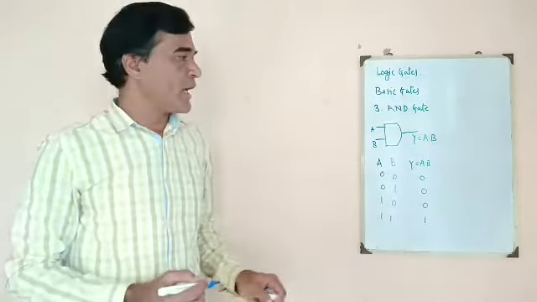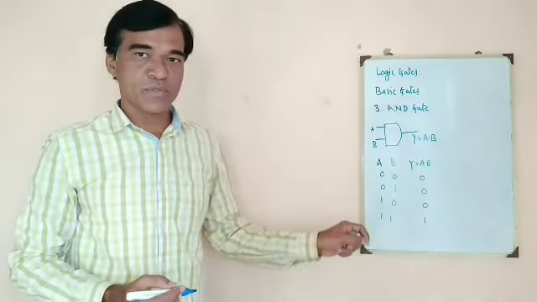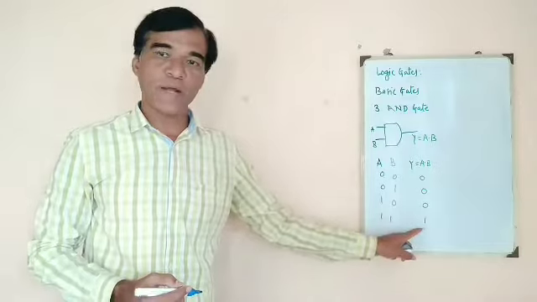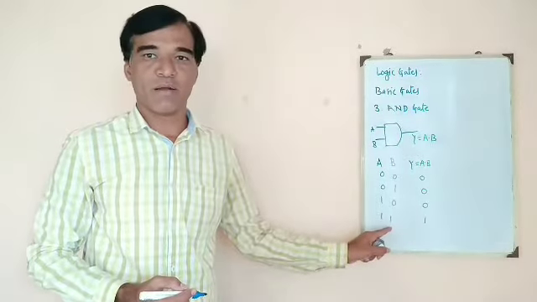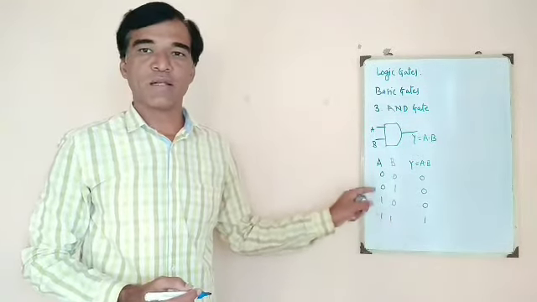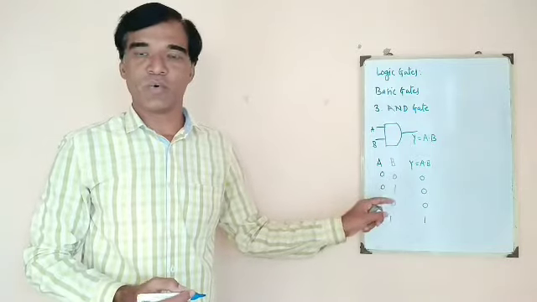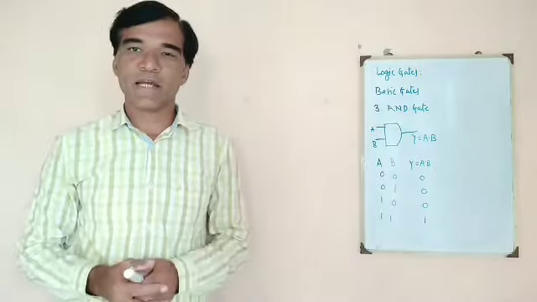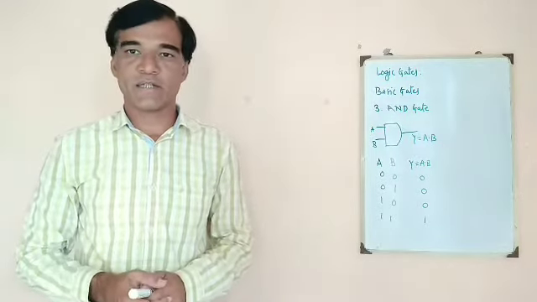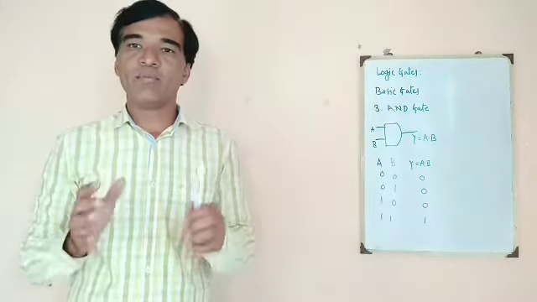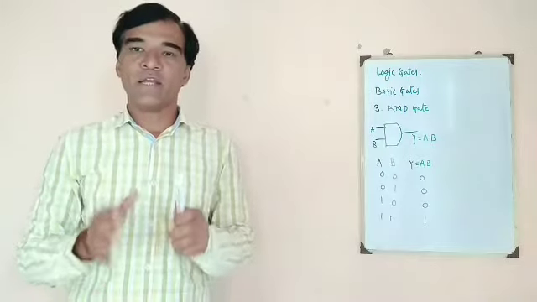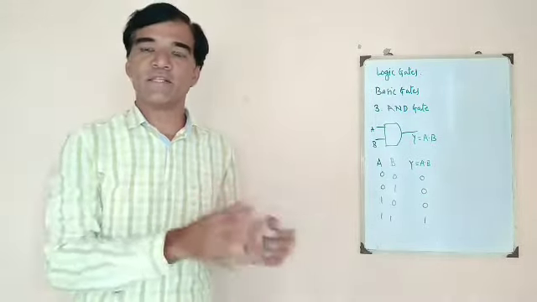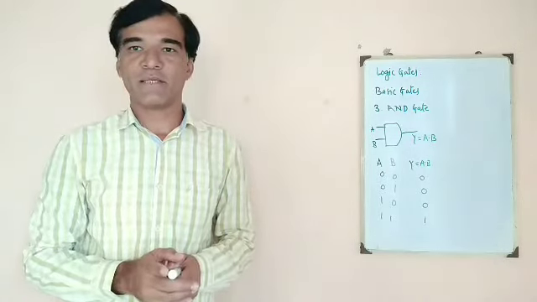We can conclude that the AND gate gives a logical high output, that is 1, when both of the inputs are 1. For all other input combinations, the output is low, that is 0. So these are nothing but the basic gates. These are known as basic gates. The reason is that any Boolean expression, any digital circuit, I can implement only by using these gates. Hence the name basic gate.